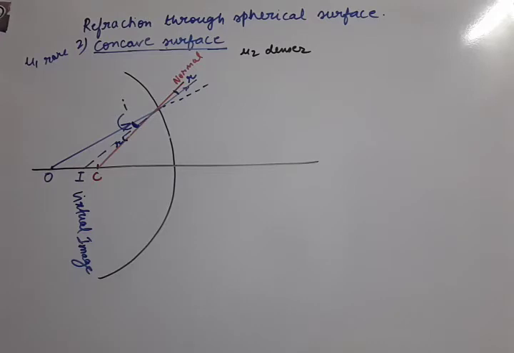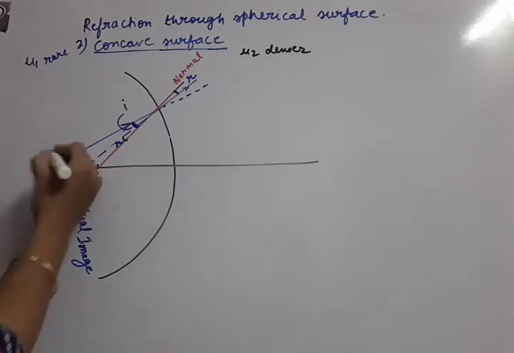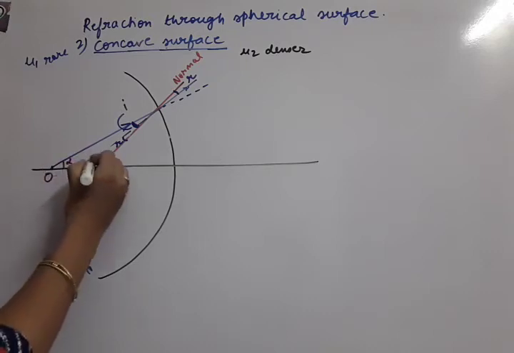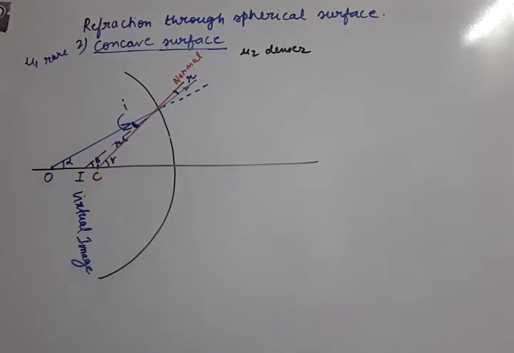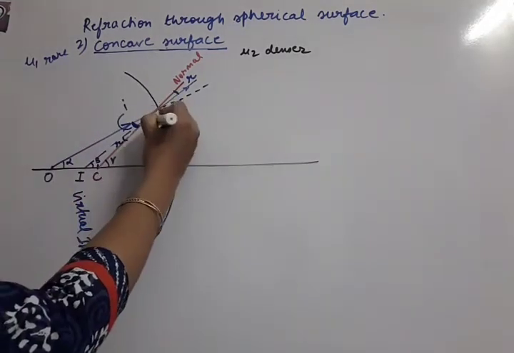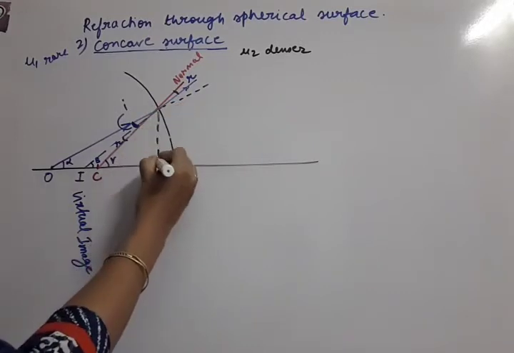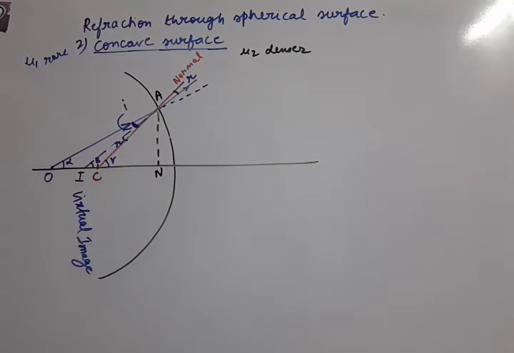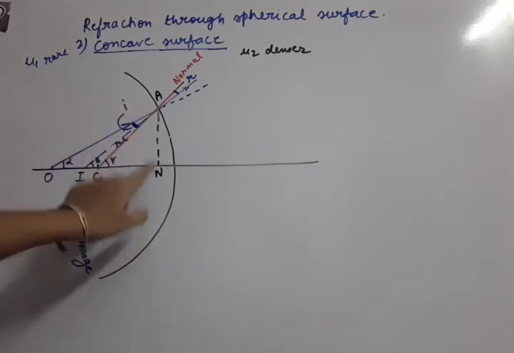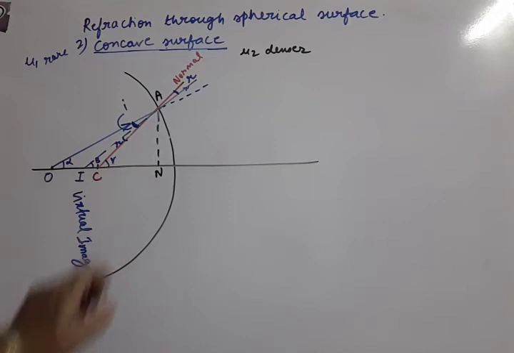Okay. Now what are the other angles? Those are alpha, beta, gamma. Alpha angle you have to take at the object, beta at the image, and gamma at C, the center of curvature. Now to find the relation of all these angles, you will be needing the normal also. So we need to draw one normal here so that the triangle is completed this way. Now this normal is drawn. It will help us to calculate the alpha, beta, gamma angles.